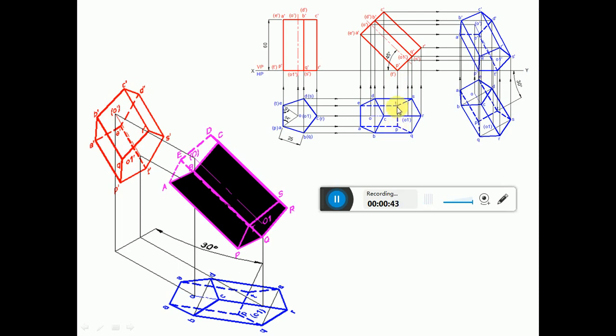Now, the inclination given is also the true inclination, and the length you have for this edge is also true length. Therefore, we can rewrite this second position top view in the third position top view directly without altering anything. You just draw the entire sketch by rotating PT by an angle of 30 degree.